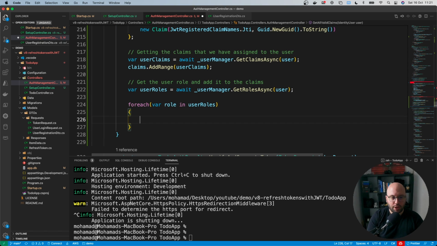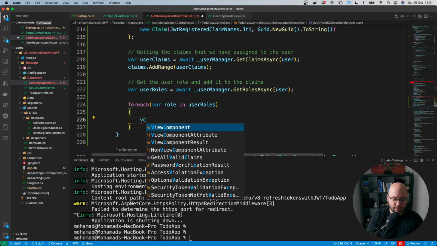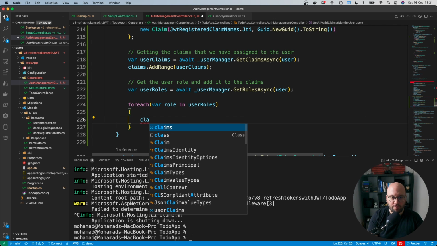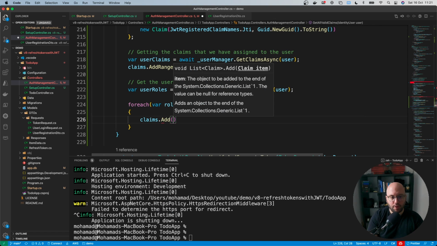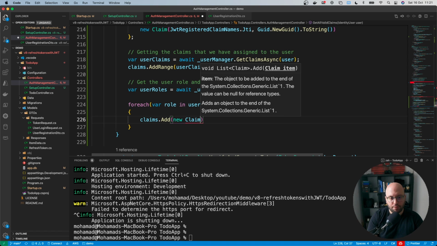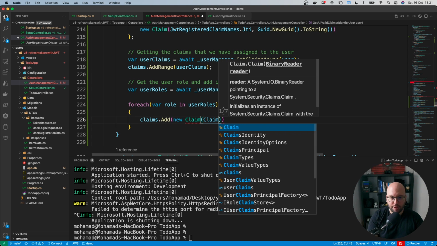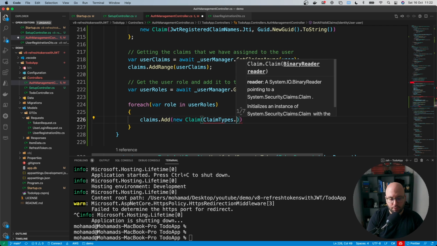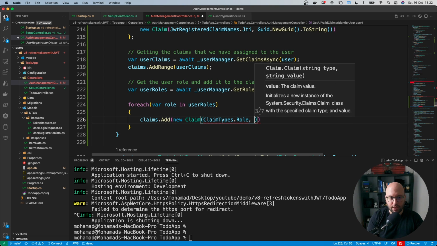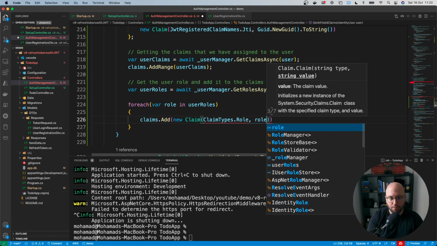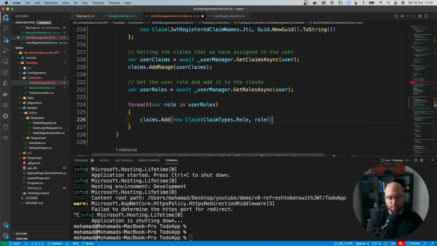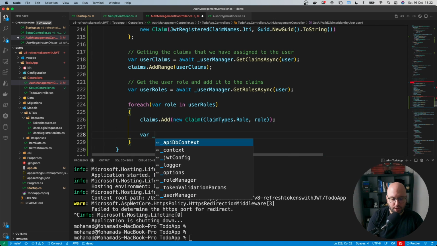And basically what we're going to be doing is we're going to do claims. We have the list of claims there, dot add new claim. And as we remember, claims are basically more information about the user. So claim type dot role, and it's going to be basically role. Okay, great. And once we have done that, let us do this var